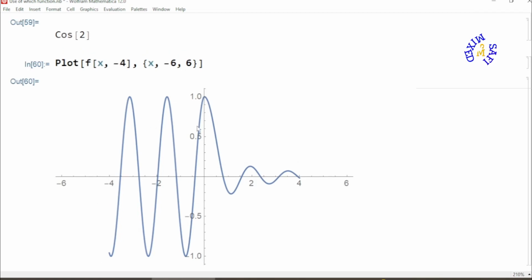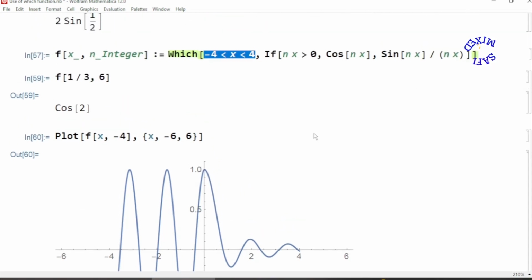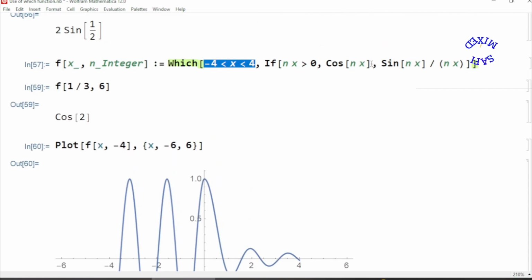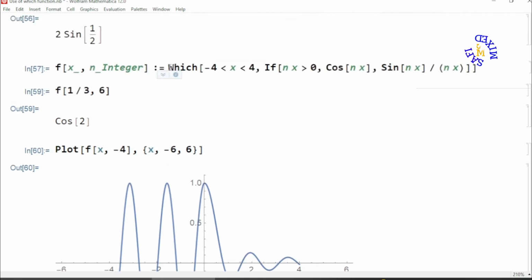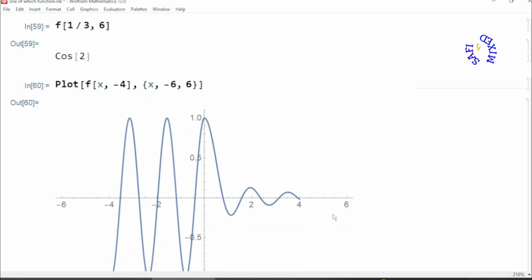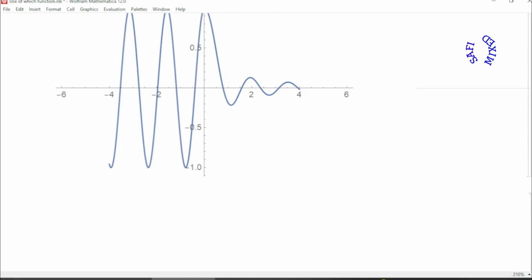And within this region we have a cos function, and from this point onward we have the value of sine nx divided by nx. So the continuously varying value can exactly be placed by the combination of Which and If function in this way. In order to add values for these regions, I can change the argument of the Which function to incorporate values for these regions as well, and that I can do in the form of this